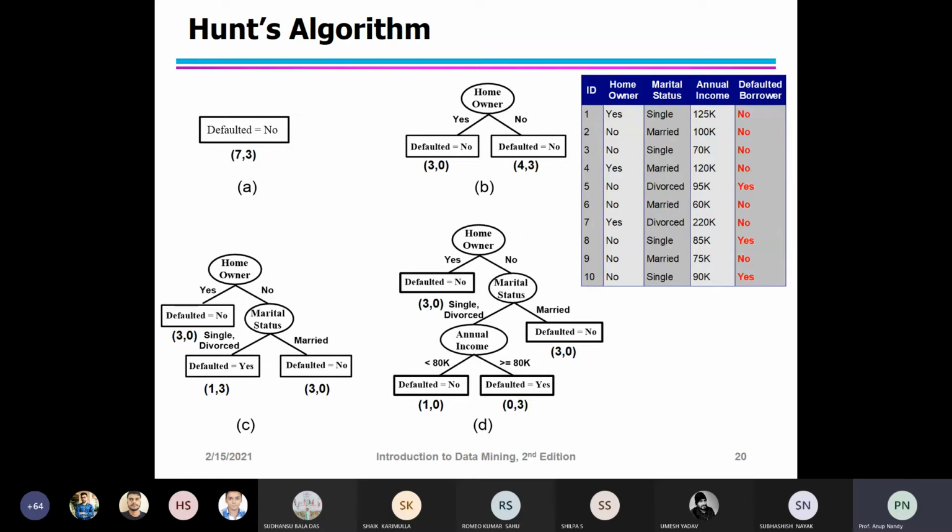Now based on this training data set, you have drawn the decision tree. Whenever you are going to test it, if your unknown samples are there, then you have to follow the path in that direction. So it is being explained. This is the way the questions will be given to you, that you have to solve by applying the Hunt's algorithm and draw a decision tree. So in this way you have to apply.